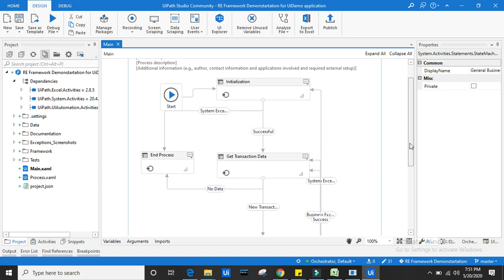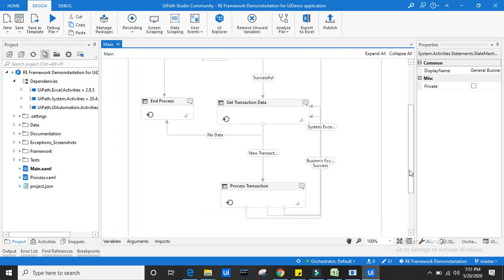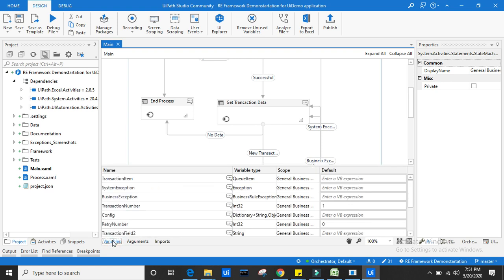Apart from that, we are going to see what variables are available along with this template. So let's click on the variables tab. Okay, these are the variables which come as part of the RE framework template. These are the variables which have been built by the UiPath team along with the RE framework template.